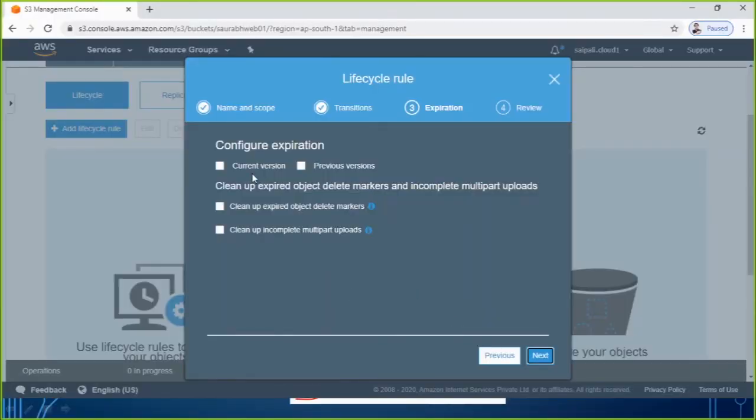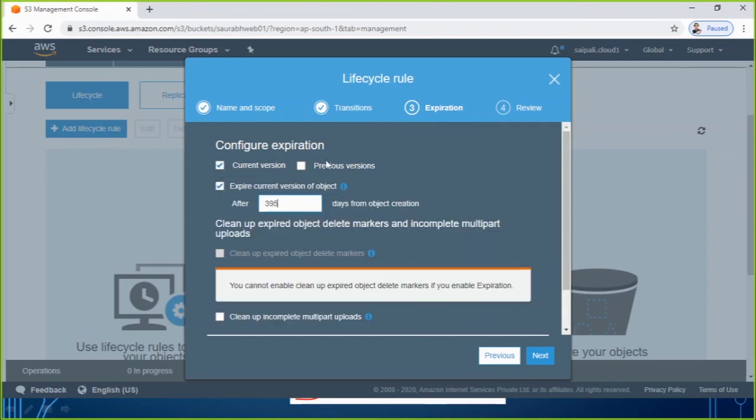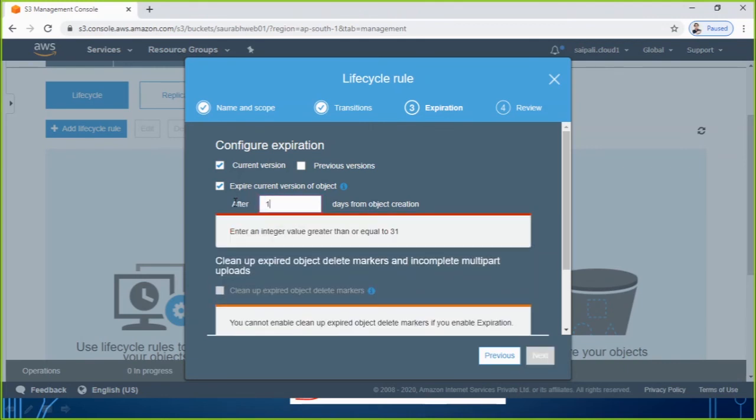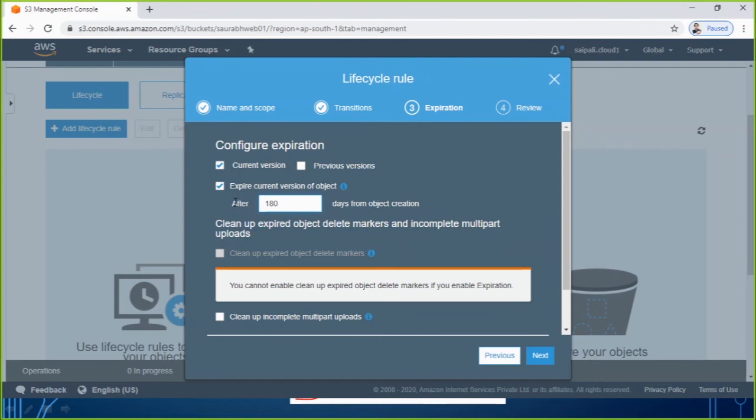So I come back here. Do you want to configure the expiration? If yes, go for current or previous if you want to apply also. For current, maybe I set here 365 days, meaning that after 1 year it will become expired, it will be deleted, it will go to the recycle bin. It will no longer be accessible, it will no longer be available for you, for any student. Or maybe I set here just 180 days, meaning that I am just giving you the option to watch my video up to 6 months. That's it. So this way you can set an expiration also.